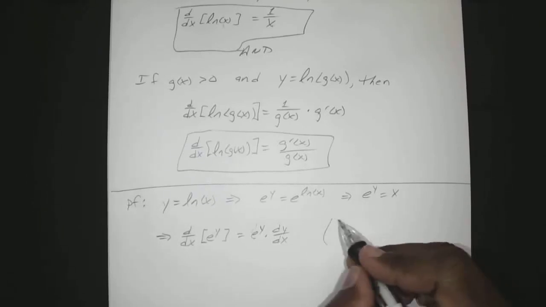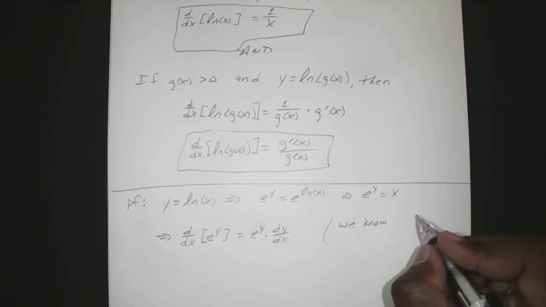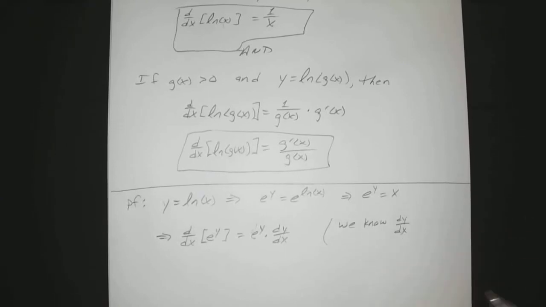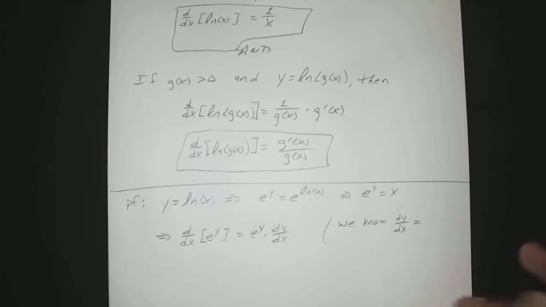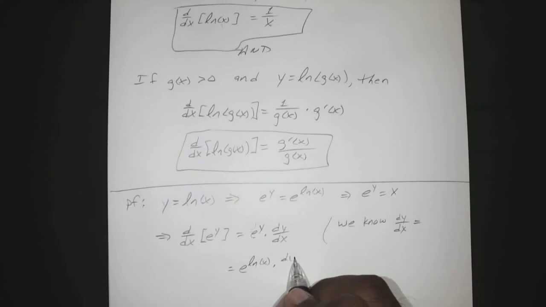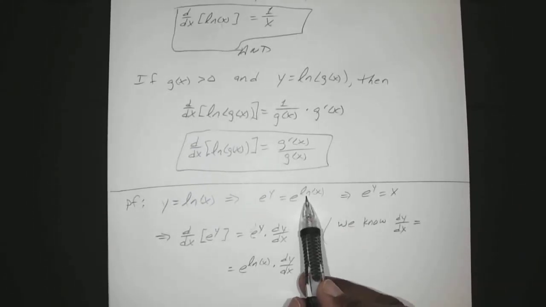Okay, so we also know that e to the natural log of x times dy dx. We know the derivative of natural log of x is 1 over